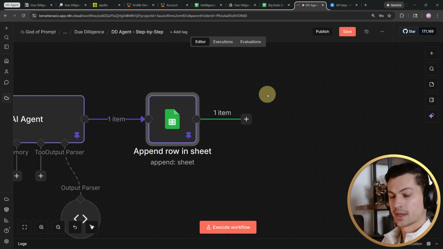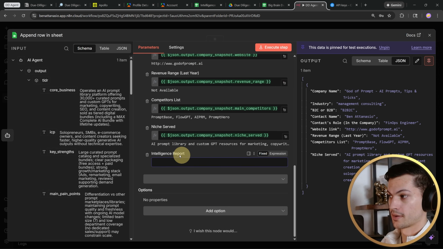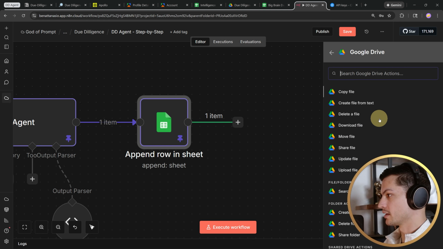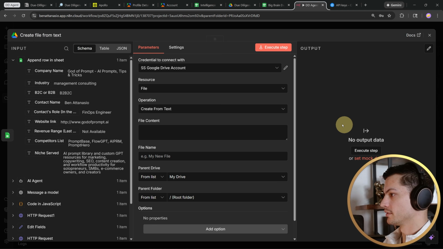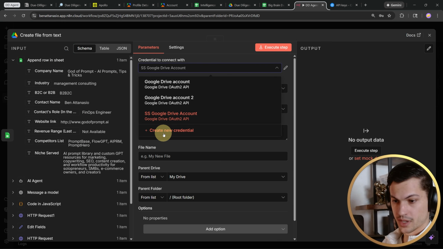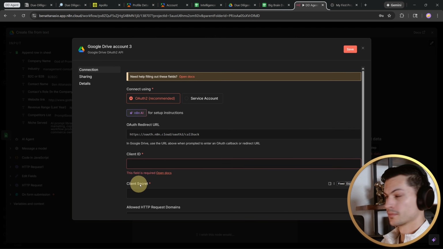Pin that. Okay, now we're going to create the actual due diligence report itself in Google Drive, and then we're going to populate that blank field here with the URL. So hit the plus sign, we're going to go to Drive, and we're going to find create file. As weird as it sounds, Google Drive is a separate credential, so you'll have to come in here, you click create new credential, and N8N is asking us for a client ID and client secret,